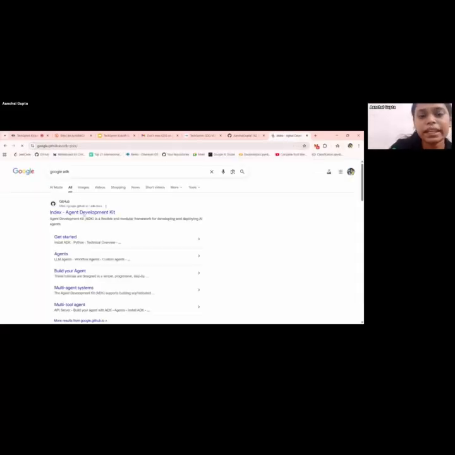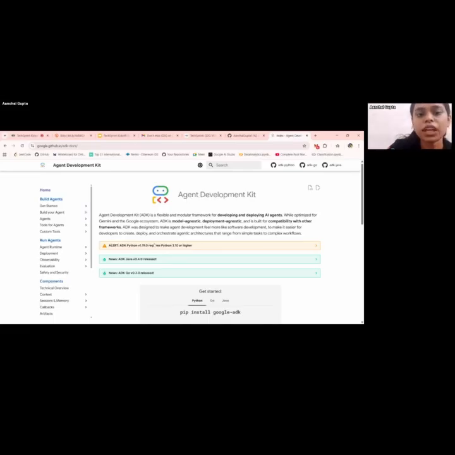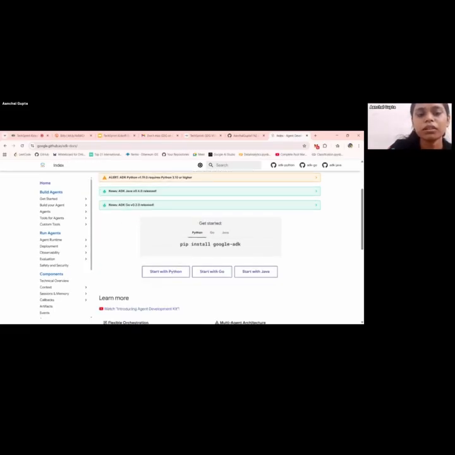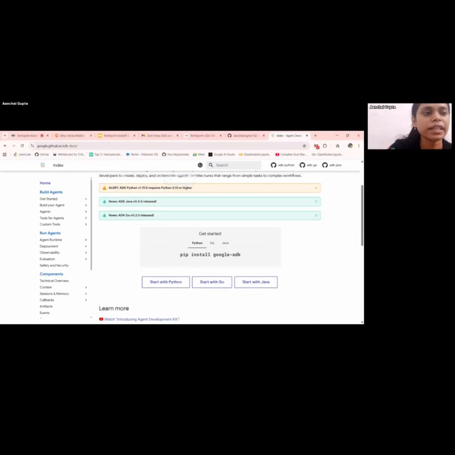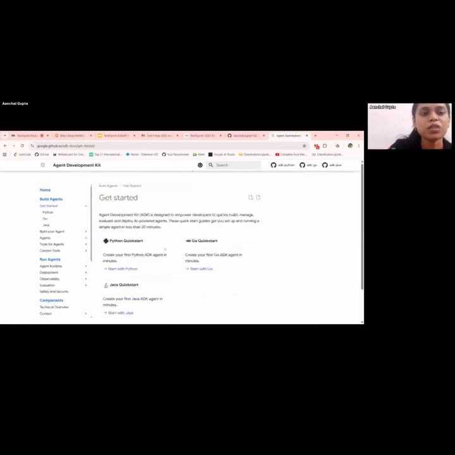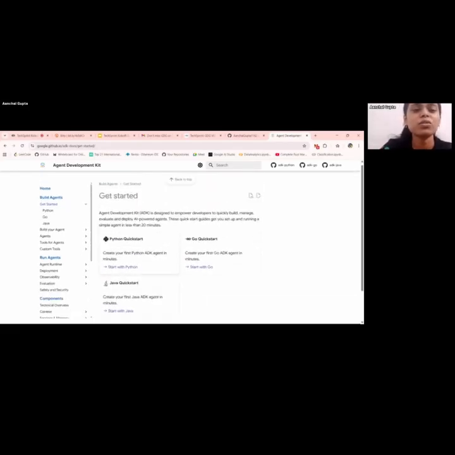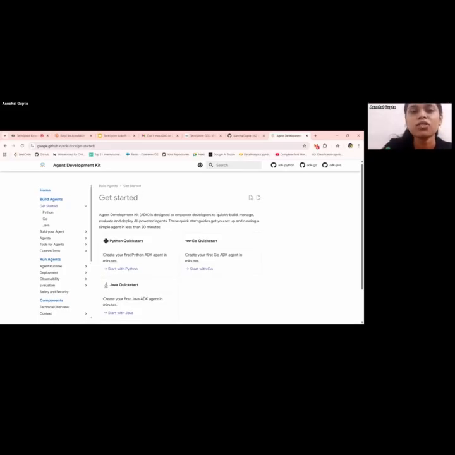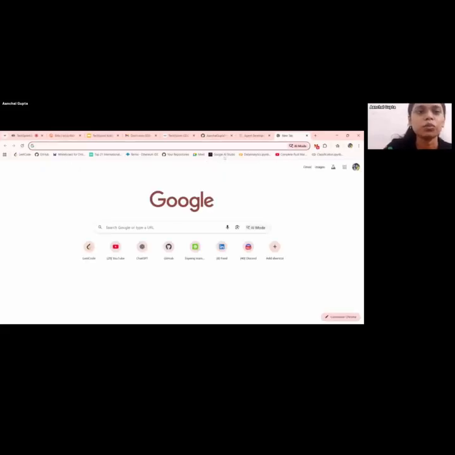So Google ADK is basically an open source framework by Google to build agents. If you're in your second year, third year, and you're exploring AI agents, even first year students can do this. I'm not saying that this is only for second year students, but this is a great tool to start building AI agents. I think it's one of the best frameworks to use to build AI agents, and it's very easy, very simple. It's also open source, so it's free. So you can try using Google ADK, and I'll also show you Google AI Studio.